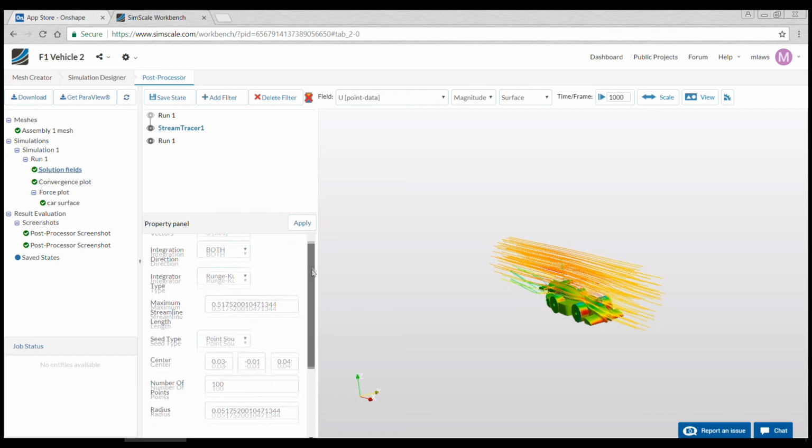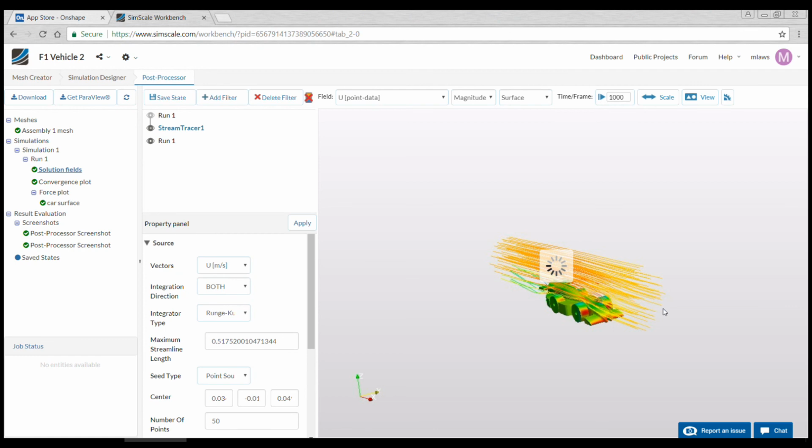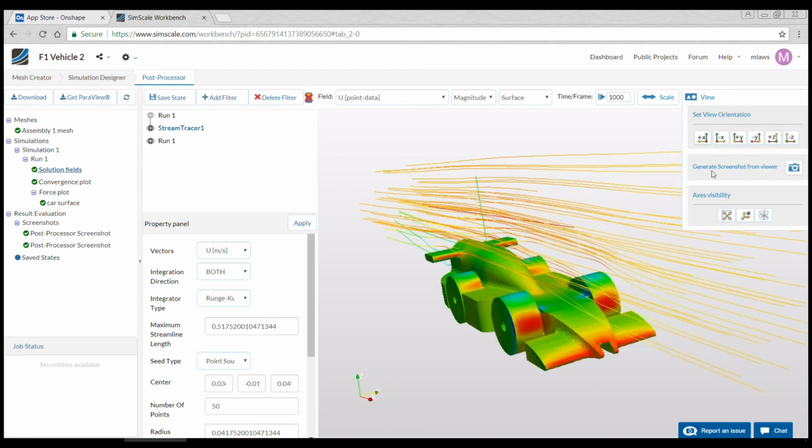You can see down the bottom here we have some different options. Once again, we don't need to look at all of them, but things that you might like to do is increase or decrease the amount of points, maybe change the area in which they show up. So by making this radius smaller, it will be a smaller collection. They won't fan out as much over the car. And if you really want to play with it, you can change the center point to put them over a specific part of the car. You might put it down to only 20 points, but over just the front wheel to see how it interacts around the wheel. I'm happy with that one, so I'm going to come up to view